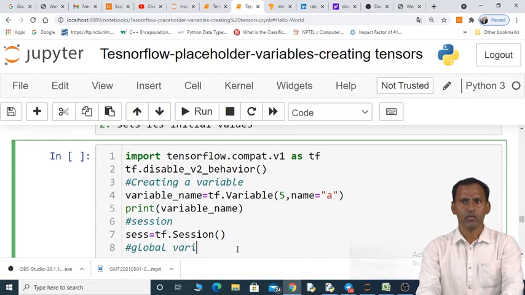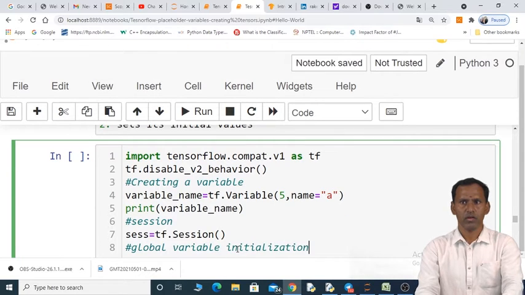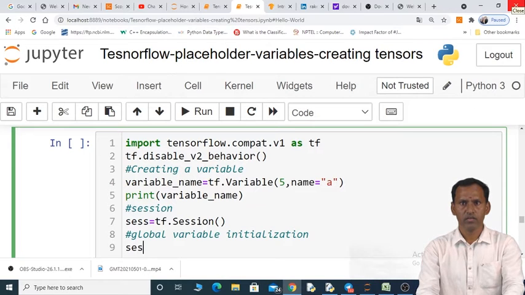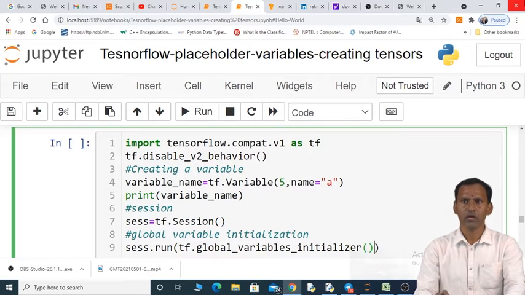Global variable initialization: session dot run tf dot global_variables_initializer.